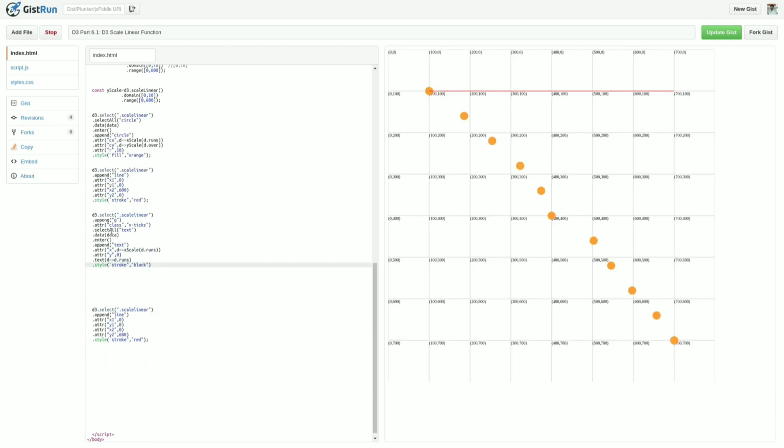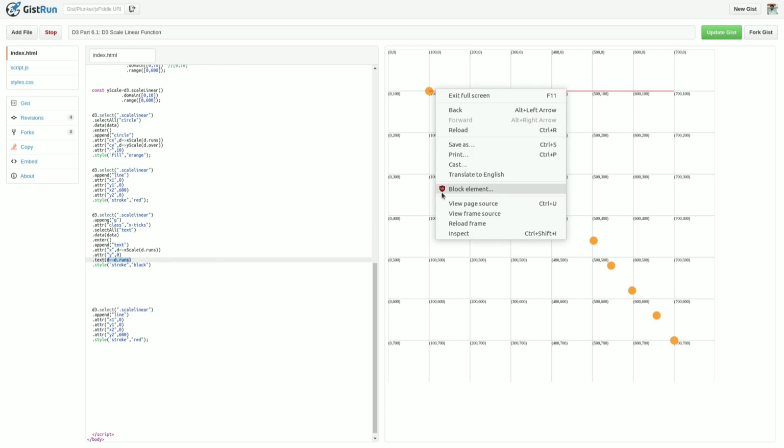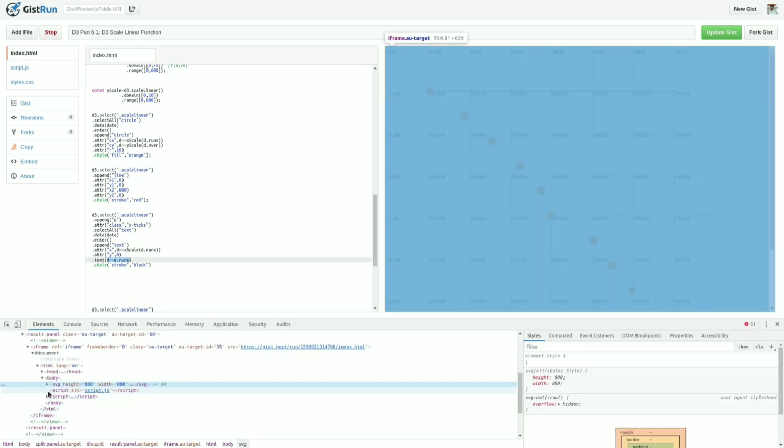So what we have done: d3.select, scaleLinear, append g element, attribute x ticks, selectAll text, data, enter, append text, attribute x as runs, y, and dot text we have provided this. Now we will see what happens here.